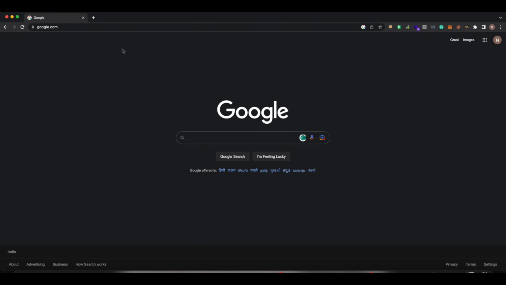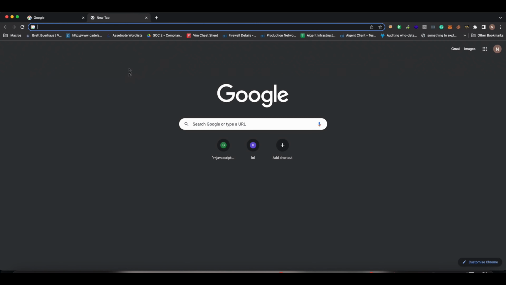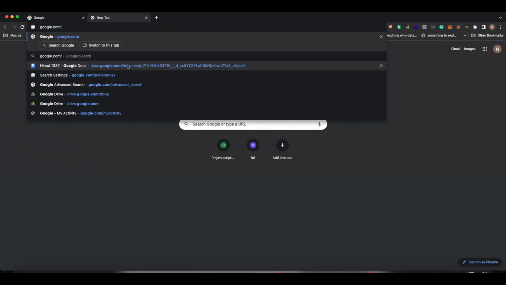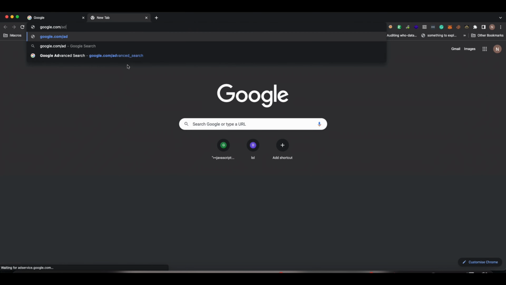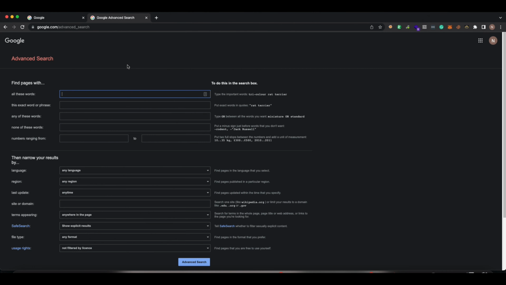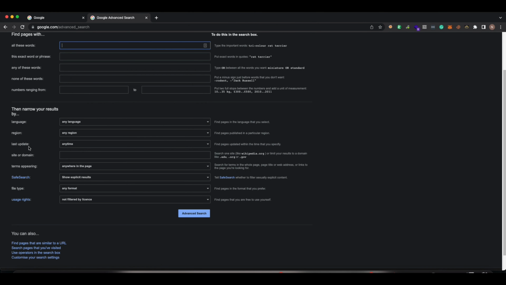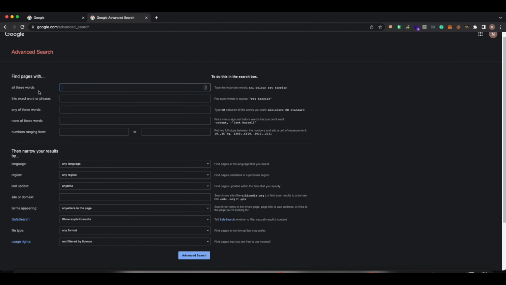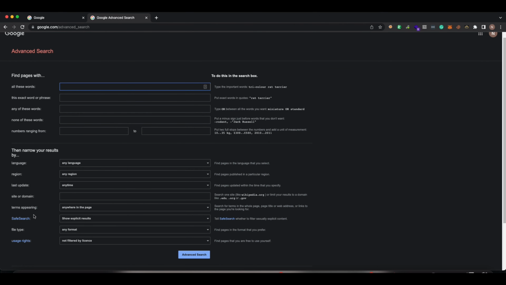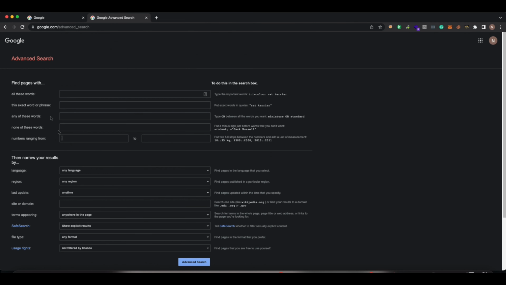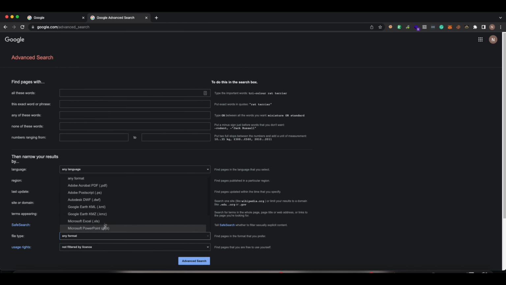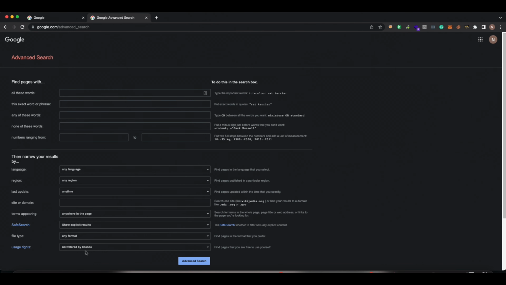But what I want to show you guys is how you can use advanced search features and get exactly what you want. So let's open a new tab and navigate to google.com/advanced_search and enter it. Now as you can see, we have a different menu, right? So first of all, I want you to see what kind of features are there on this web page that you can use. So you can search from file types, you can search from usage rights,